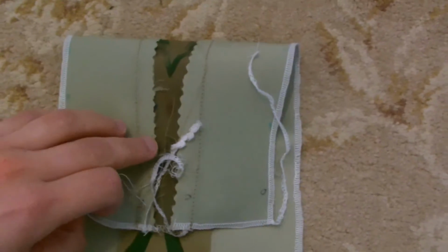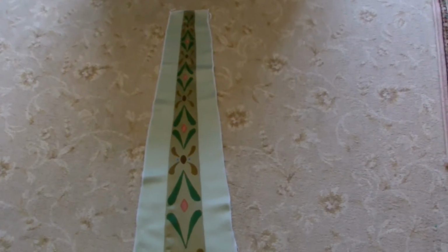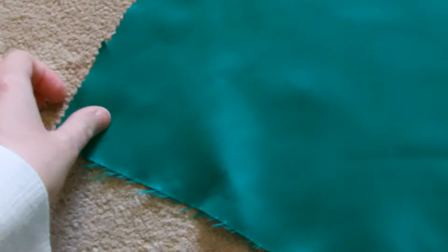Okay, we've now sewn the seams down each side, like so, and it should look like this after you've given it a press with the iron. This is a section of what they call the pleat underlay, which is the green part underneath. I've gone for a grassy green, it doesn't quite show up as well on the camcorder, shows up a slightly bluey colour for some reason, but